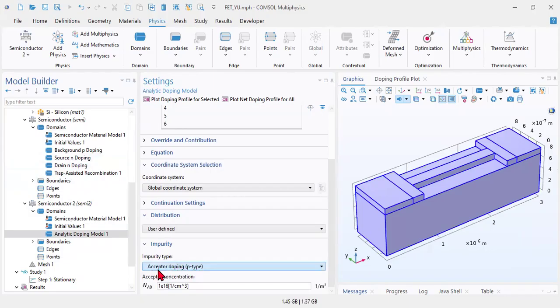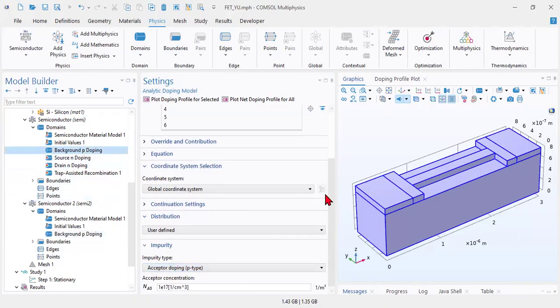This is the acceptor doping, p type. You have to select it, and there is another option, donor doping, n type. So we have to select acceptor doping p type, and then the concentration is predefined,